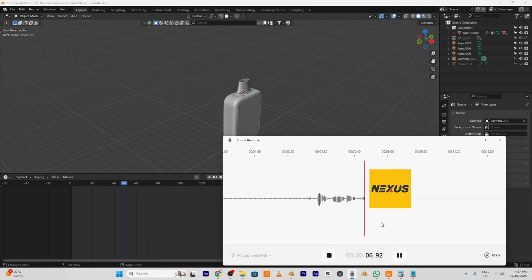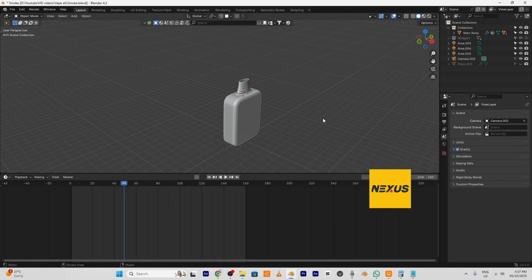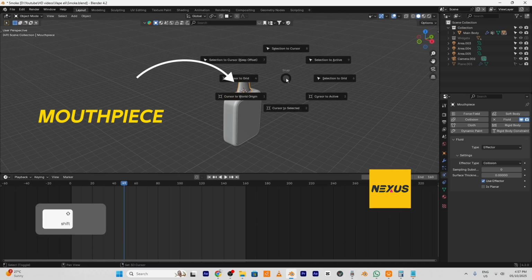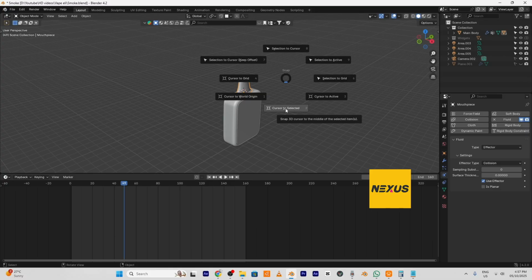So hi guys again. So it's time for the smoke. I have just hidden the background plane and the lights, so we have a clean space to work. First thing first, we have to tell Blender where the smoke should start. So select the mouthpiece, Shift S to move the 3D cursor to the mouthpiece. So cursor to selected, create a sphere,